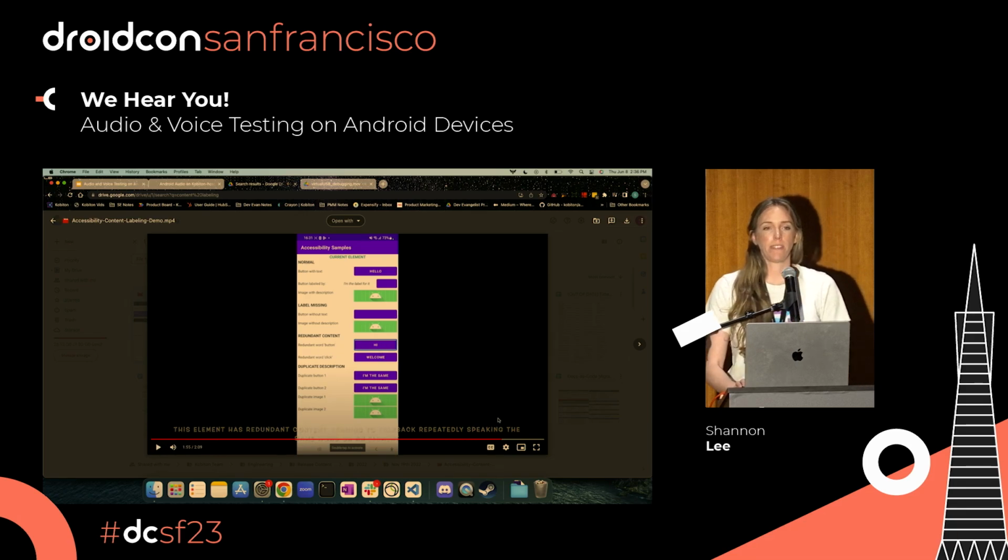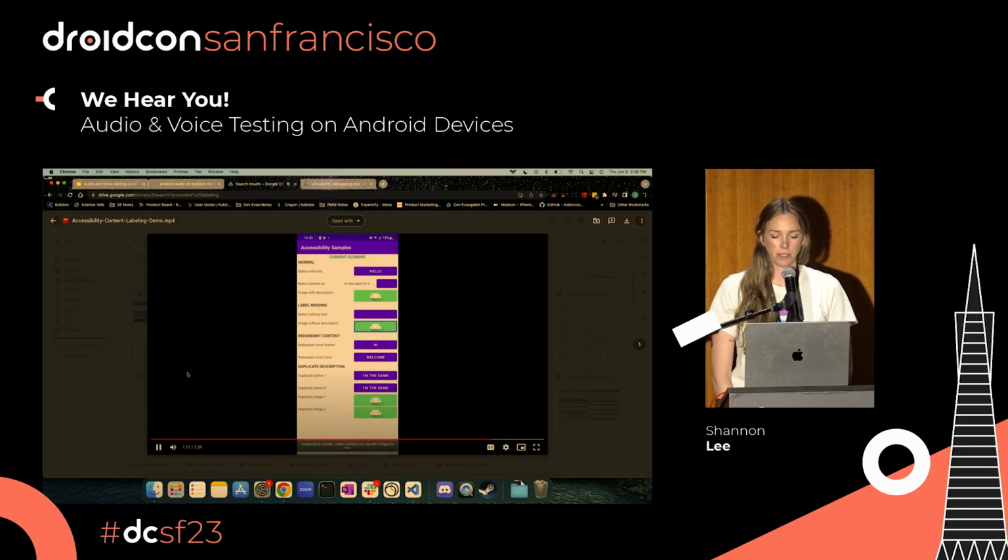So a lot of times when we're developing applications, we might not have the insight into what the content label might be for that element. A lot of times we might hear, such as in this hi element, that you'll hear this is a button, which of course would be incorrect. So I'm going to play that one more time just so you all can hear. Activate label. This is a button.